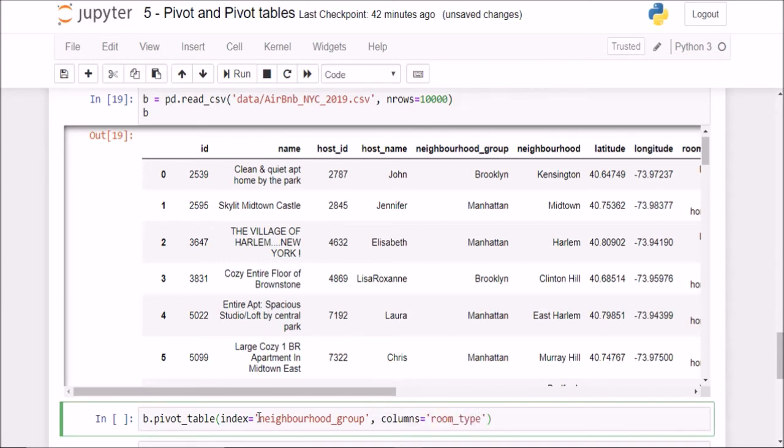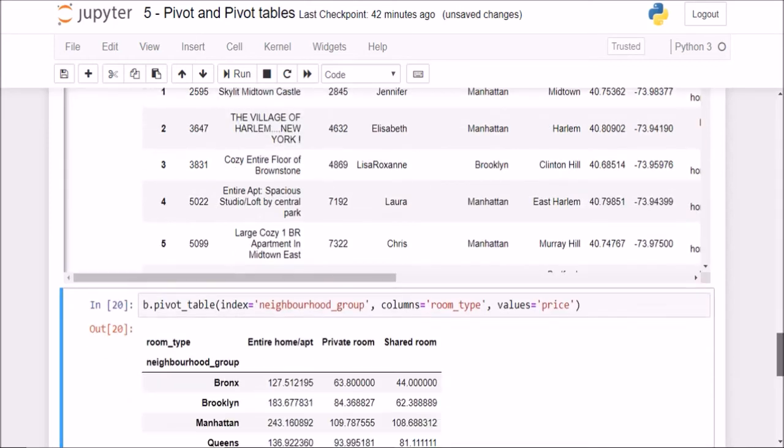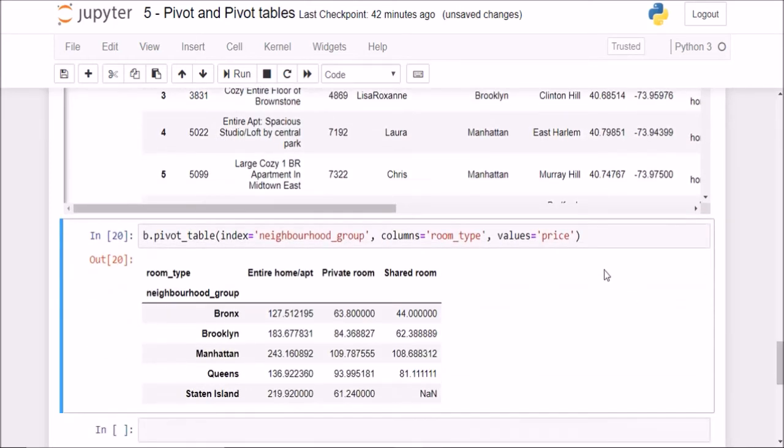Now this will become much clearer when you see the output data frame. And then for my values, I need my price column. So now you see how with just one line of code, we have managed to summarize our data frame. And now we can see that for Manhattan and for a private room, the mean price is $109.